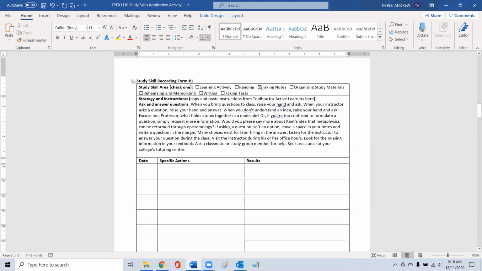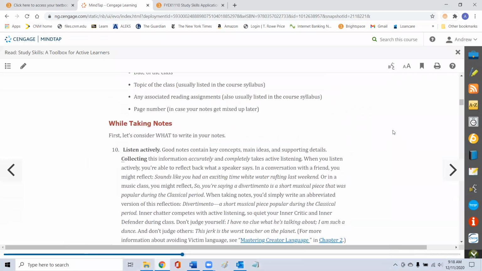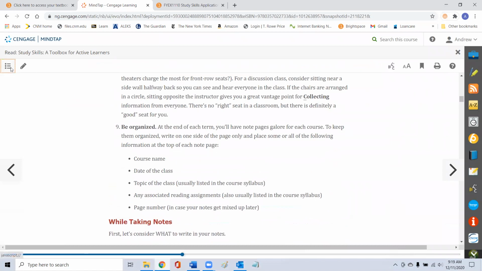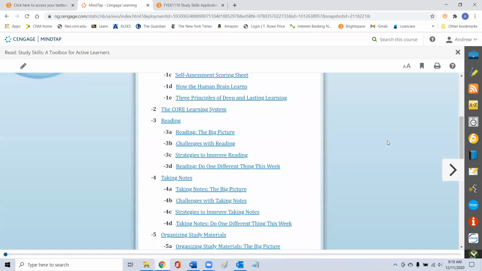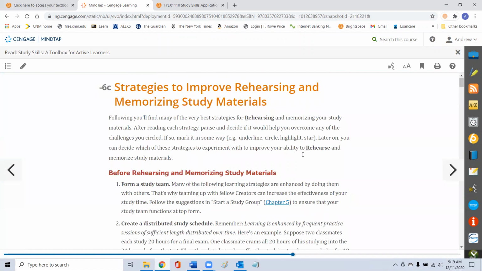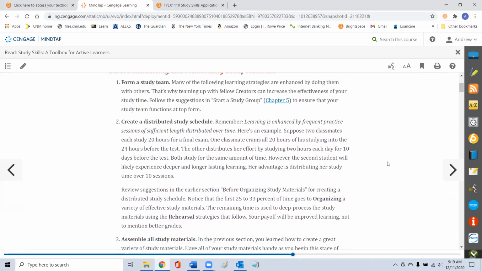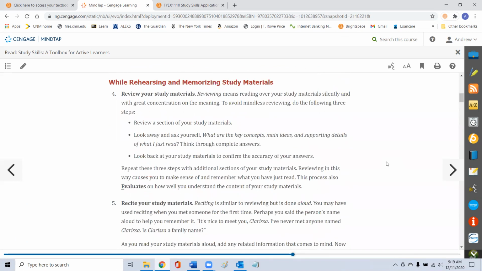Strategy was ask and answer questions. The study skill area was taking notes. And then here's the instructions for how to use that particular strategy. Whichever strategies you chose on your planning form, they'll all work essentially this way. We want to go back to the toolbox. If you were looking for a rehearsing and memorizing study material strategy, then you would look there. Maybe you like the idea of forming a study team and that ended up on your planning form. Whatever